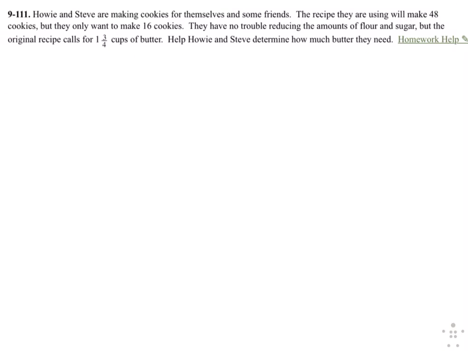Okay, this one is a recipe, so it's a proportion. Basically, the recipe they're using made 48 cookies, right? Cookies. And for that, they needed 1 3/4 cup of butter. So I'm going to make that 7/4 cups of butter. Clearly that's not a valid fraction, but it's okay to use to set up a